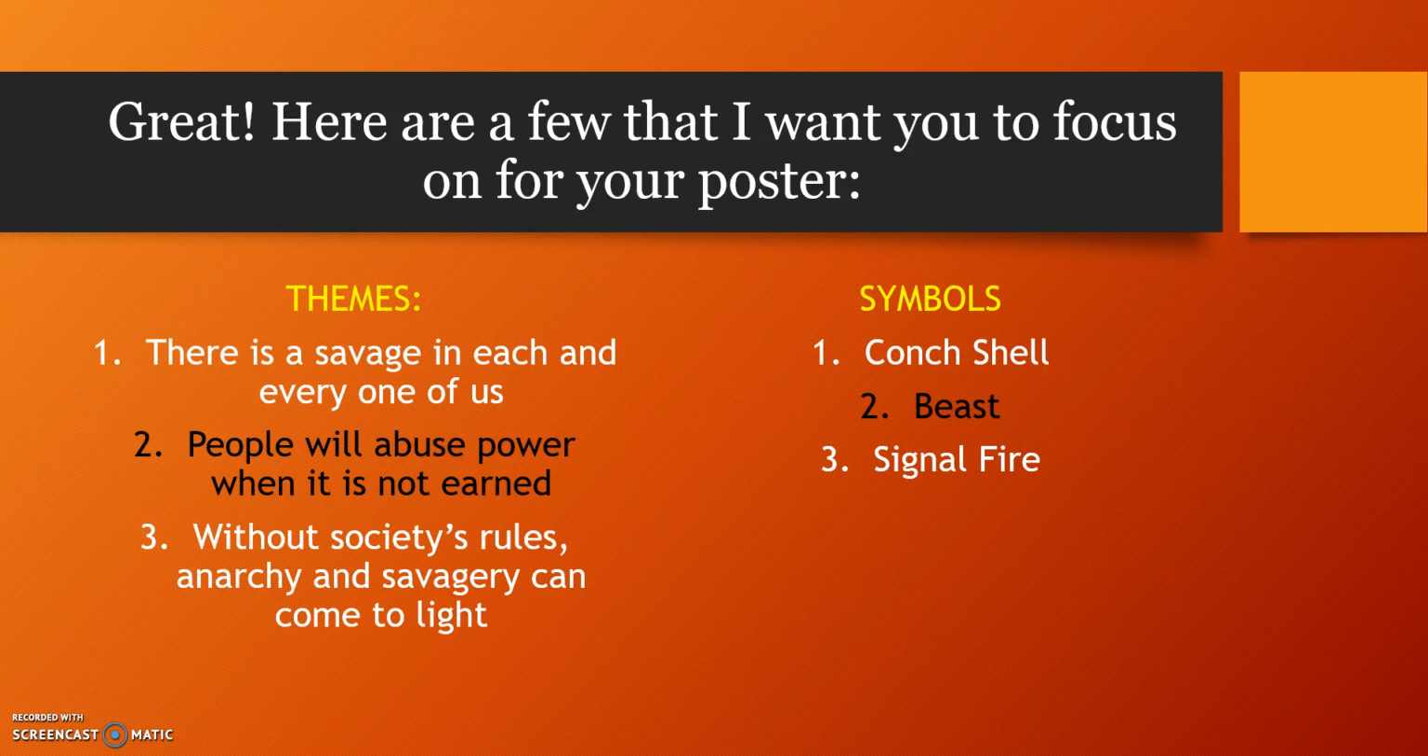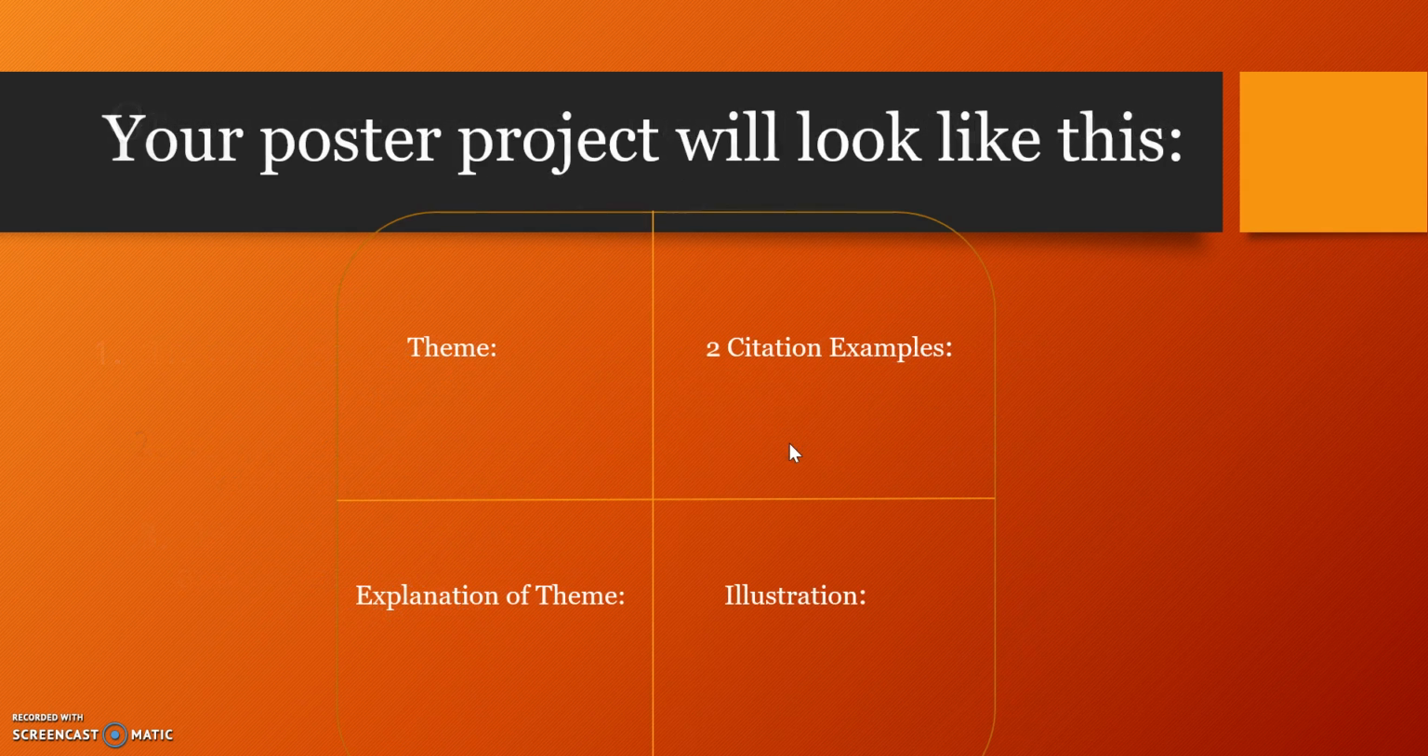And once you choose that one, then I want you to get a piece of paper. If you have big poster paper, great. If you just have a regular piece of paper, that's fine. And I want you to divide your paper into 4 corners, like you see on the screen. And you can have either a theme or a symbol, so don't feel like you have to be stuck with a theme just because the example shows a theme. But pick a theme or a symbol. If you choose conch shell, great, that's a symbol. Put that in the top left corner,